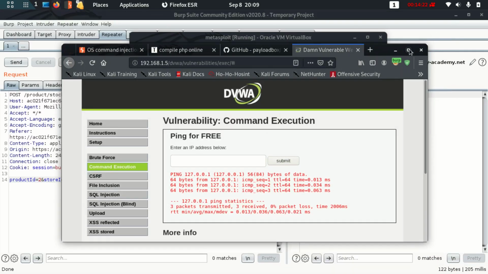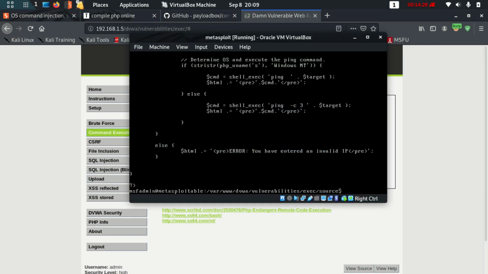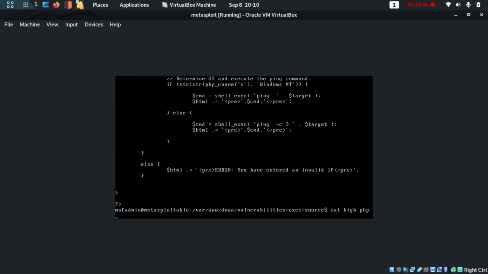Yeah, I cannot control my cursor in the source code, but in high it will filter each and every kind of command. It will filter semicolon, it will filter every type of command, so that's why you are unable to see it.